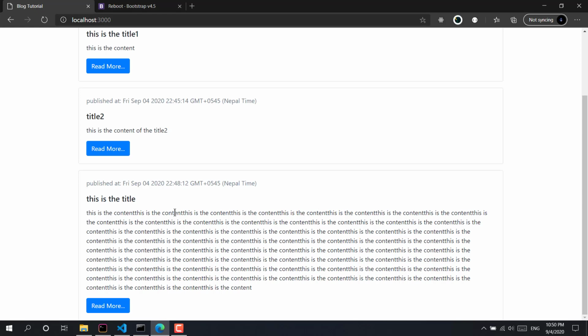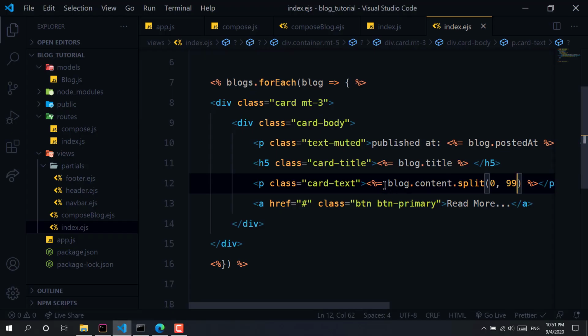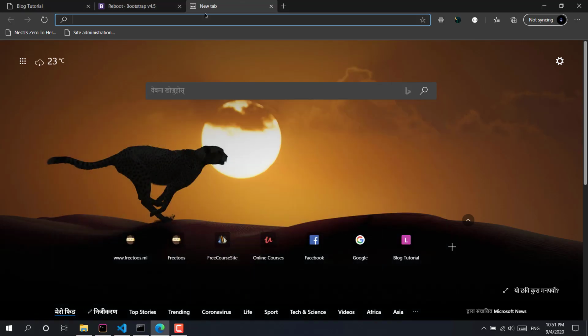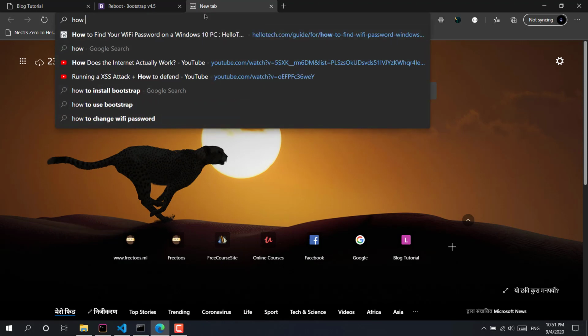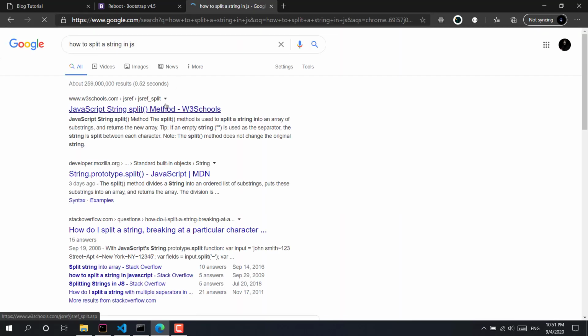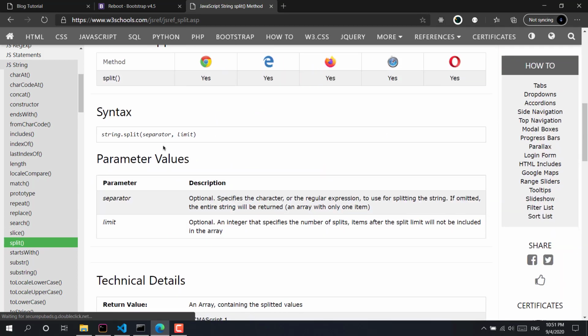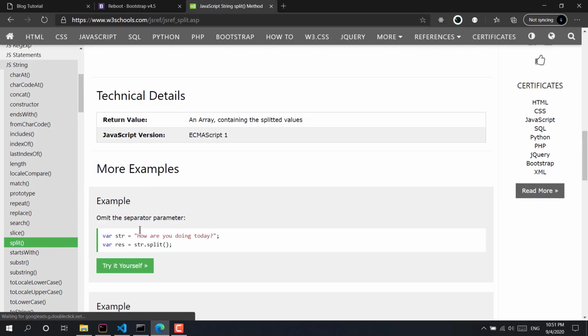So refresh. Sorry, I don't know. Let's see how to split a string in JavaScript. As you can see, I have used the wrong function, I think.